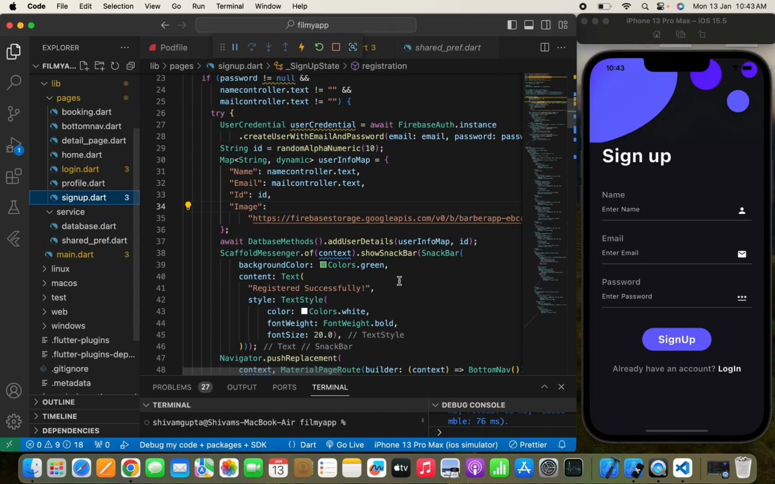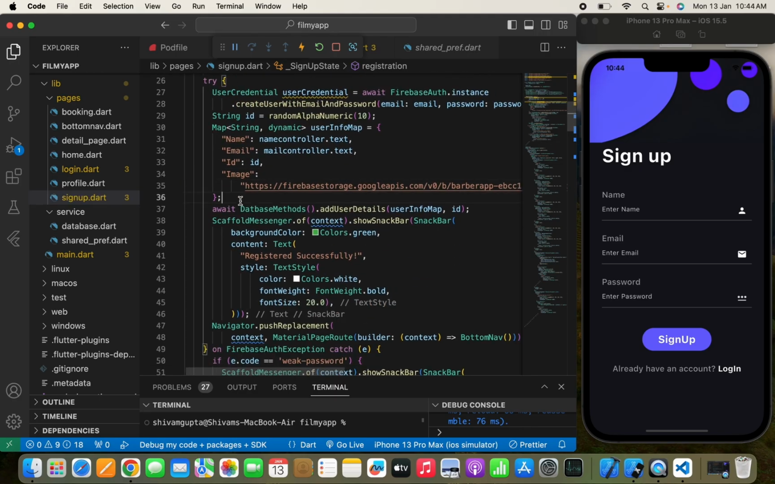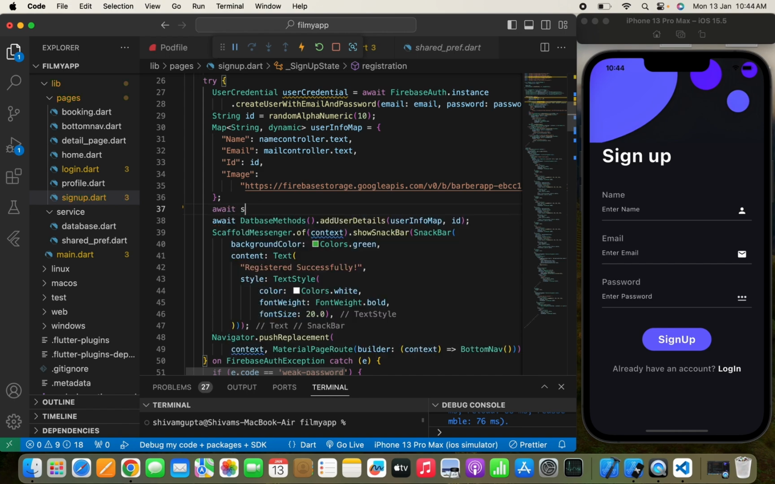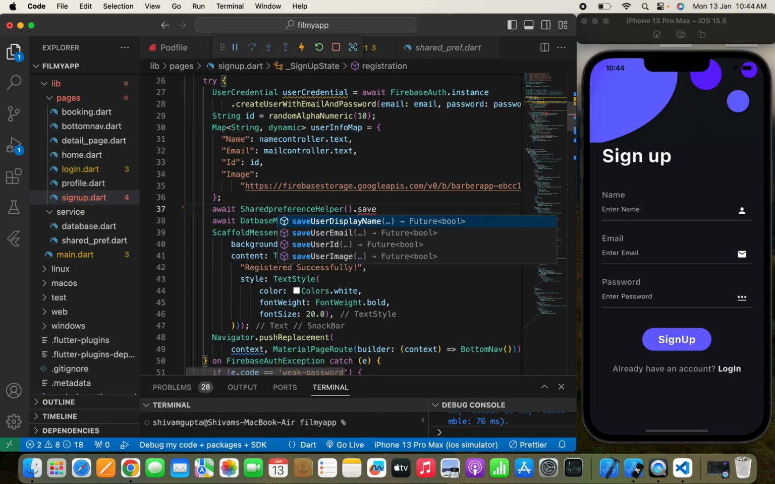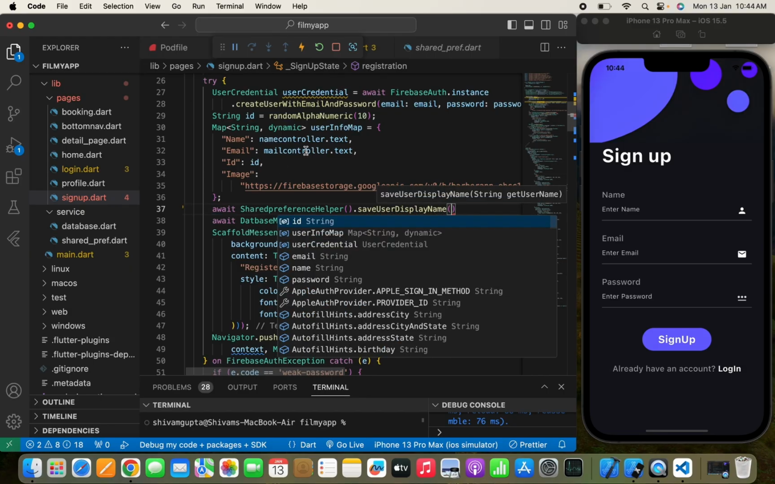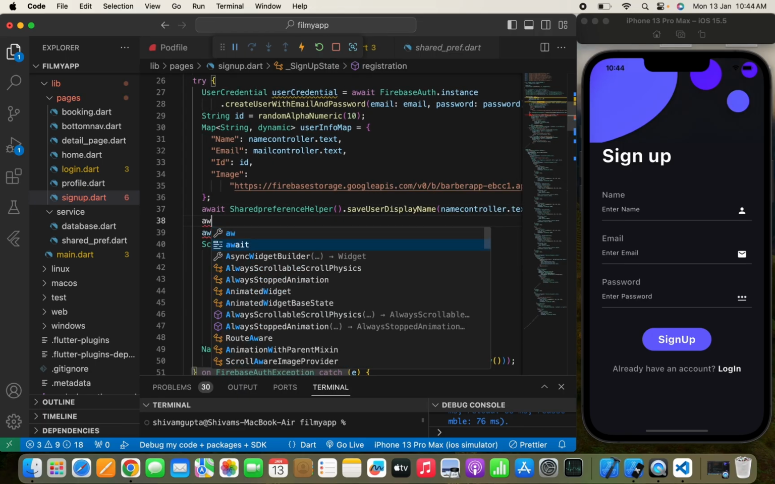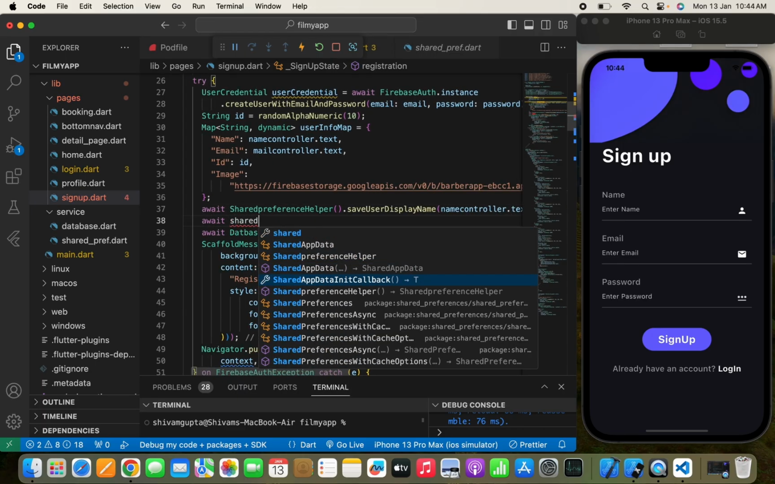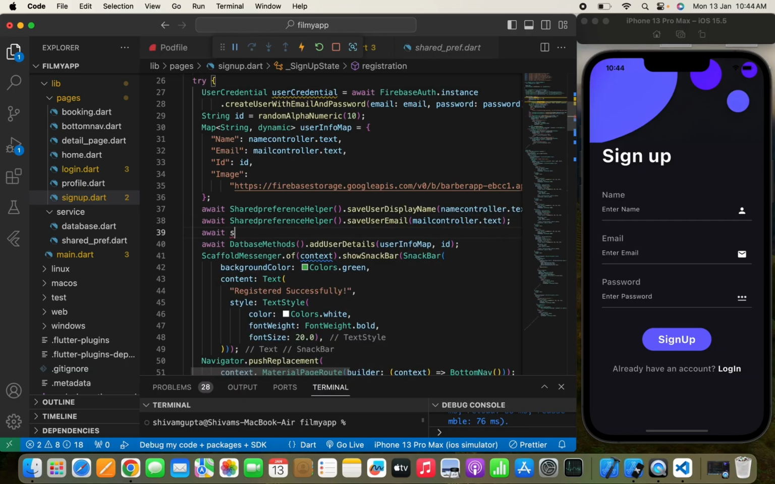So let's move to the signup.dart page, and here I will go one by one and store all the data locally. For that I'll write await shared preference helper dot save display name, and first I'm going to save the username. So I'll write name controller.text. Now we need to write shared preference helper dot save user email, and next I'm going to save the user email. So I'll write mail controller.text,